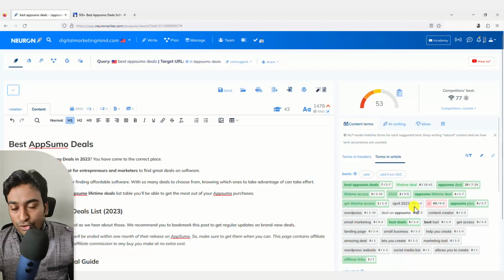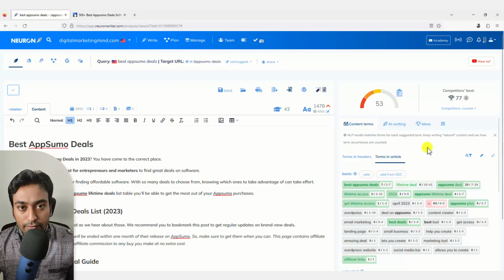So you should not overuse and also should not underuse. Also note that these are just mere guidelines for you. You don't need to follow this 100%. Based on the information, optimize it, but make sure your content feels natural and serves its purpose to the user. So that data is available here.